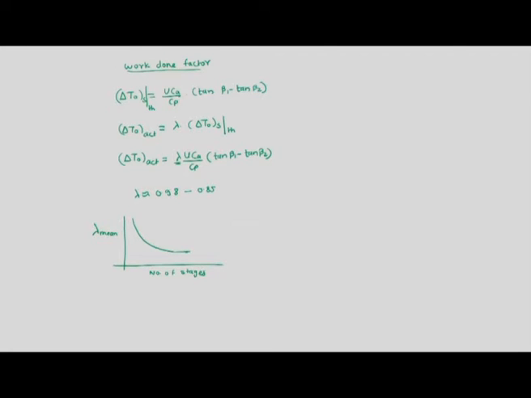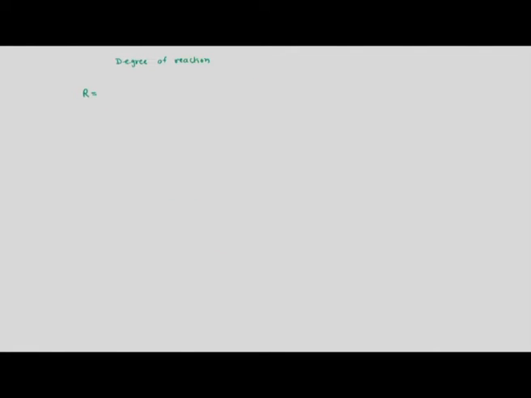Now moving on to the next topic of discussion, which is called degree of reaction. We would define degree of reaction as R, suppose, and R is degree of reaction, or in some places degree of reaction is also defined as lambda, so that we would term as capital lambda, maybe, as in other cases. Here it is also small lambda, and then we will define this as R or maybe capital lambda. So degree of reaction is defined as